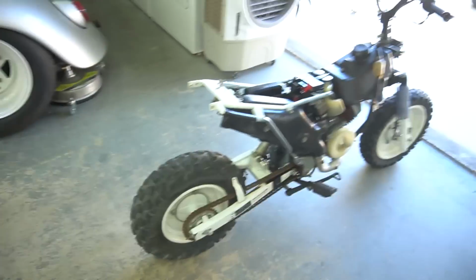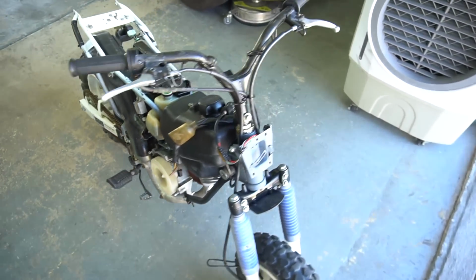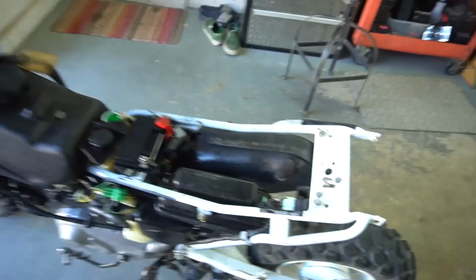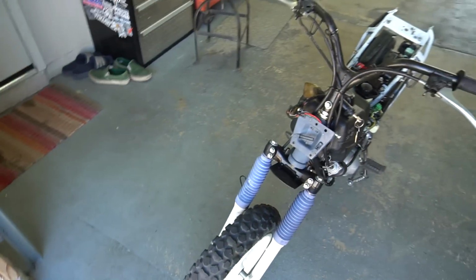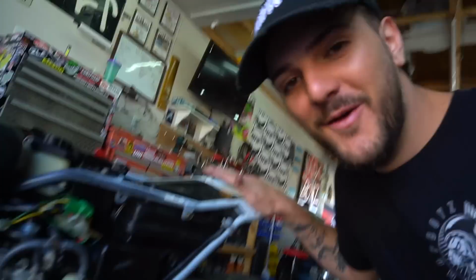Man. It is time, boys. The EZ90 is finally running. Boys, it is about time. This is just the start. Just the start of the EZ90. I must say though, that this bike right here, man, was this thing a mission to get running